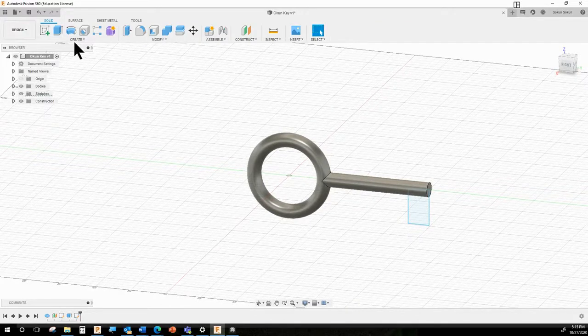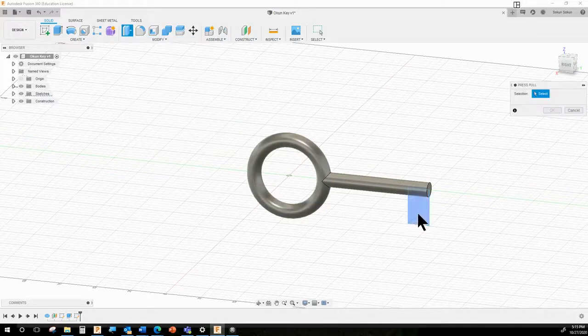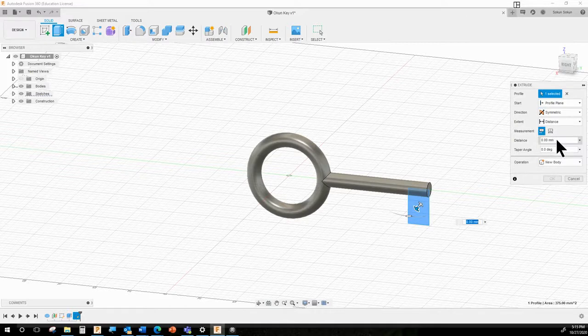And I am going to push pull. So Q, or under modify, I'll usually use menus just because you can't see my keyboard. But you can push Q. I'm going to tell it I want to take the little flag and I want it to be symmetrically push pulled 3 millimeters, which you could do either place, and make sure you choose join because that rectangle